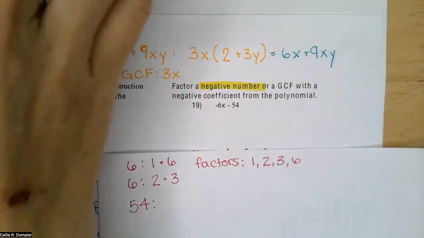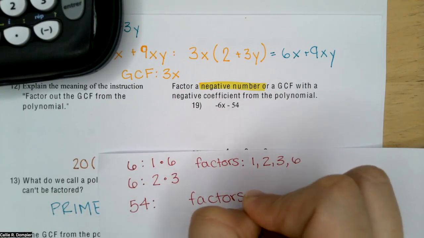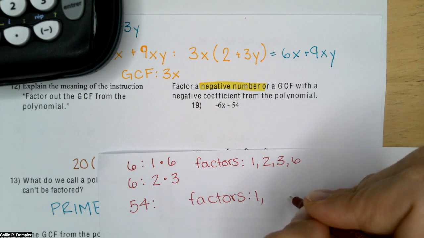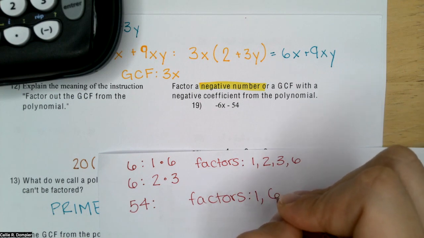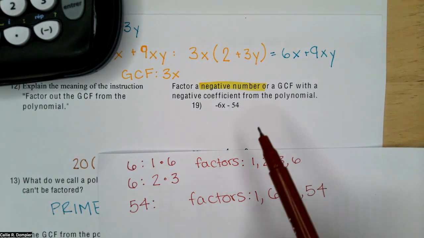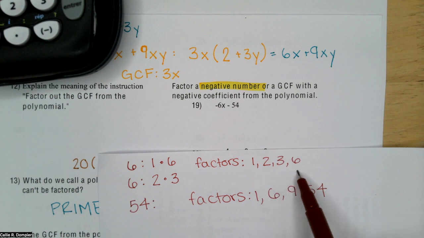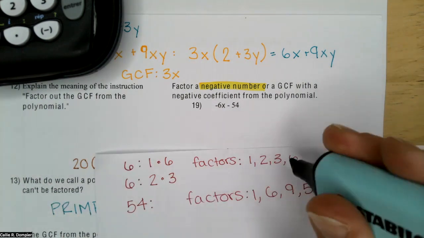Yes. 54 is 1, doesn't matter the rest of them, 6, 9, and 54, right? There are other ones, but of this list, we want the biggest that is also on the list of 54. So we're just going to say the greatest common factor is 6,